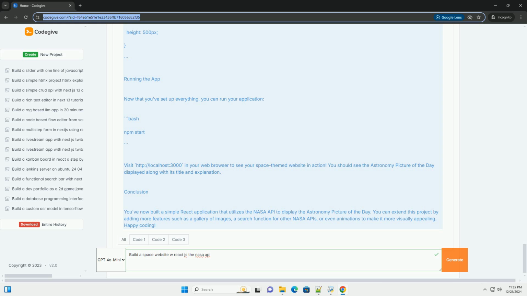useEffect(() => { const fetchNasaData = async () => { try { const response = await fetch(`https://api.nasa.gov/planetary/apod?api_key=${API_KEY}`); if (!response.ok) { throw new Error('Network response was not OK'); } const data = await response.json(); setNasaData(data); } catch (error) { setError(error.message); } finally { setLoading(false); } }; fetchNasaData(); }, [API_KEY]);